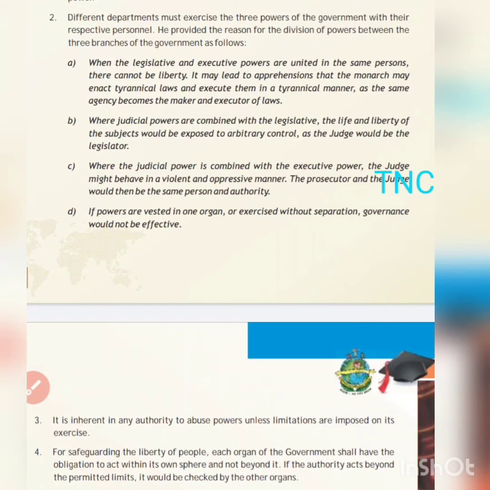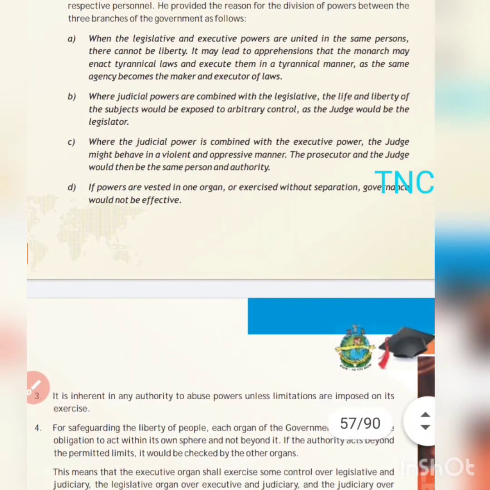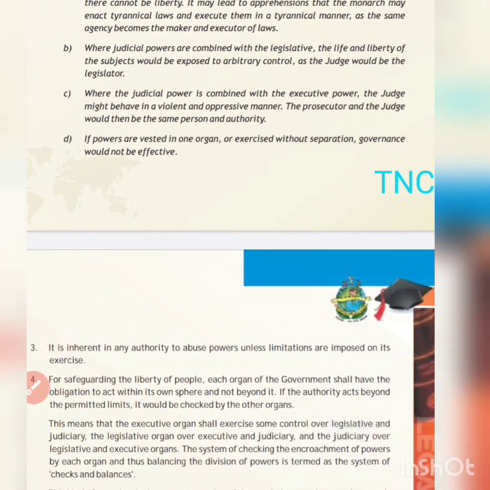of the society. Where judicial powers are combined with legislative, life and liberty of subjects would be exposed to arbitrary control, as the judge would be the legislature. Now in case when judiciary and legislative powers are combined, life and liberty of general people again will be at stake, because now the citizens of the nation will be exposed to arbitrary control. Because what will happen if judiciary is combined with legislative? The judge would be the legislature, he will make the laws, right? So it may happen that he will make some arbitrary rules which will not be for the good for the